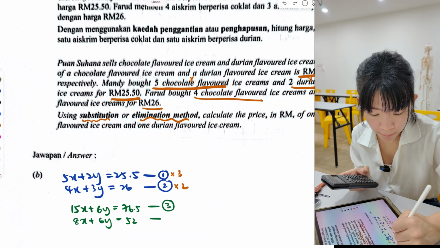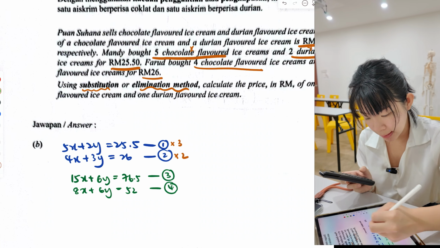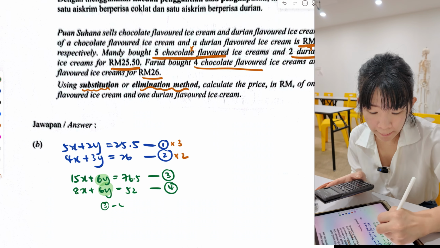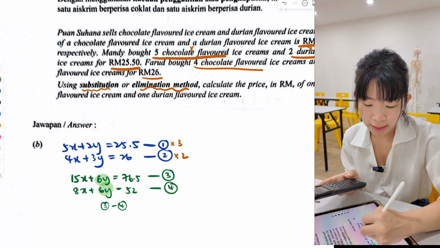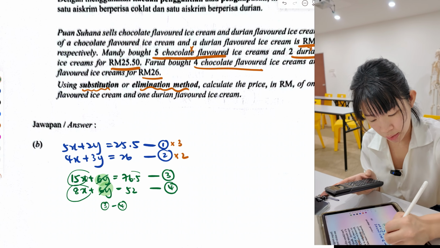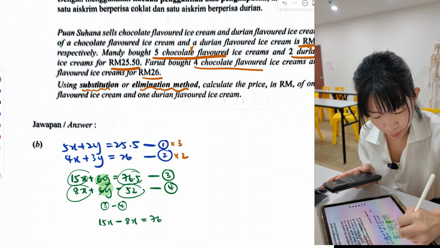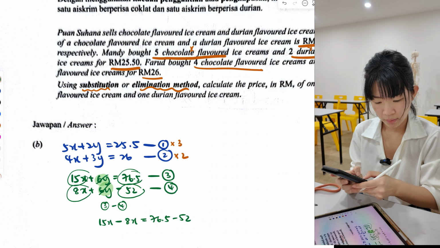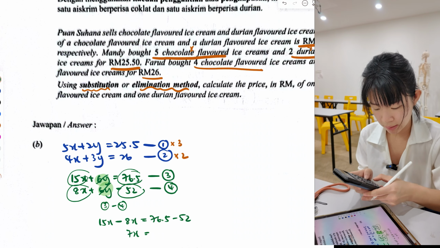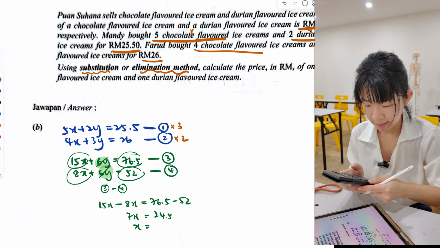Equation 4. Okay, so now you only look at equation 3 and 4. Finally these two are the same. If it's the same number, then you can eliminate. Equation 3 minus equation 4. 6y minus 6y, this one is eliminated, becomes 0. If you choose minus, everything here is minus also. So these two also minus. So 15x minus 8x equals 36.5 minus 52. So 15 minus 8, 7x equals 24.5. So x is, divided by 7,